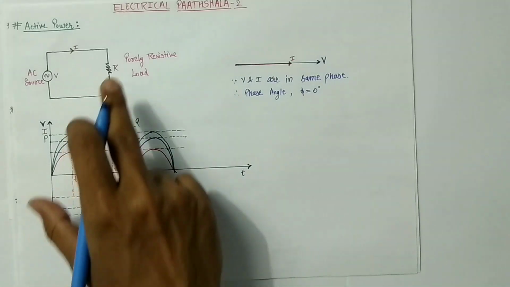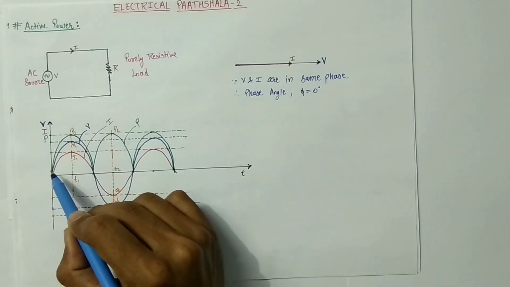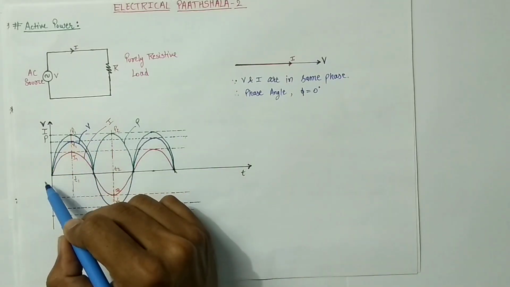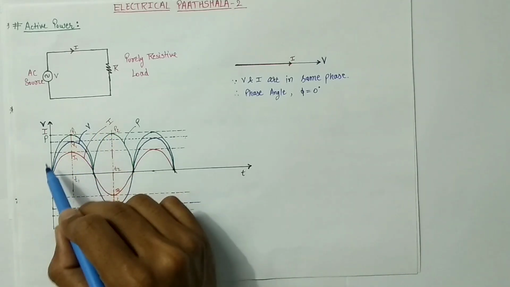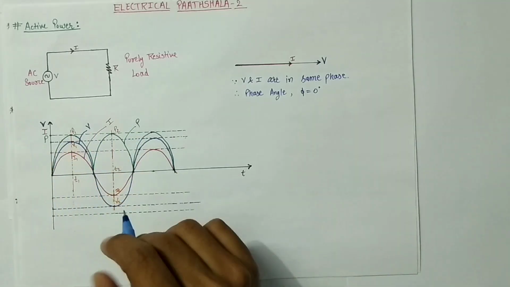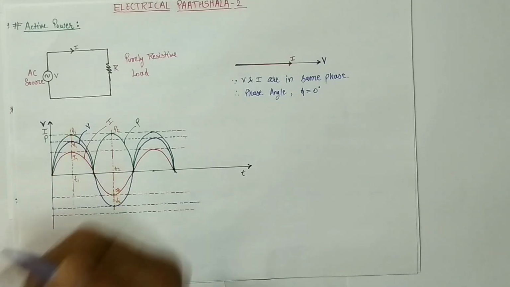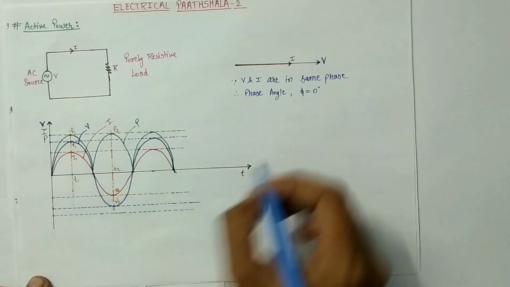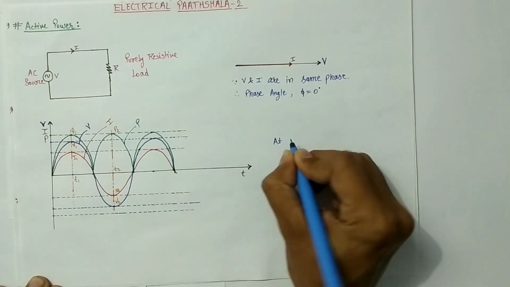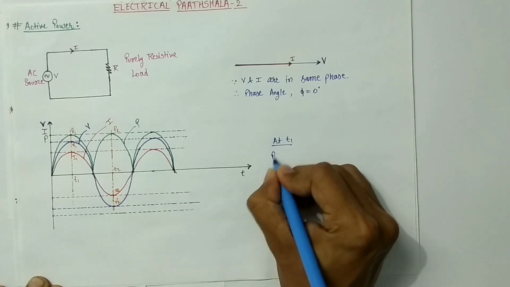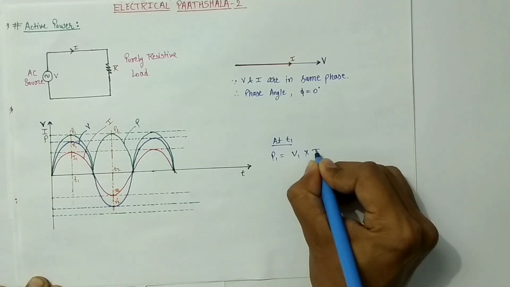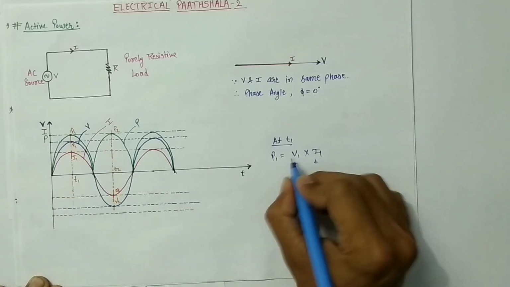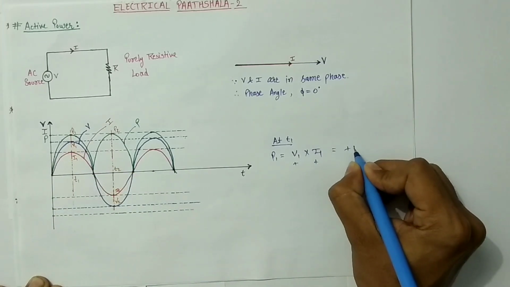Now this is the waveform of a purely resistive circuit. Now in this waveform, again this blue waveform is showing the voltage waveform. Now this red is showing current waveform and green is showing power waveform. Now in this waveform, again we will measure instantaneous power. So at instant t1, power P1 will be given by V1 into I1. Now you can see here that V1 is positive and I1 is positive as well. Both of them are positive. Therefore P1 will be positive.